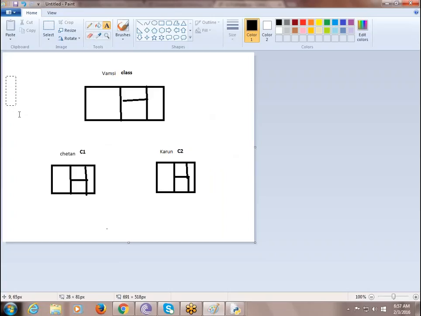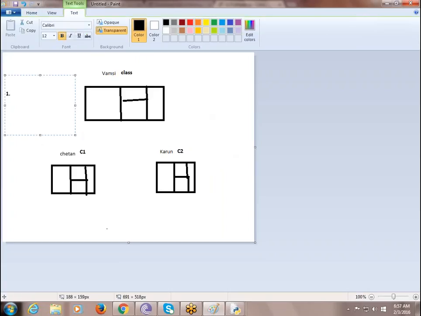Now I will define that OOP stands only on these two properties. First, whatever the class has will be inherited to the object.